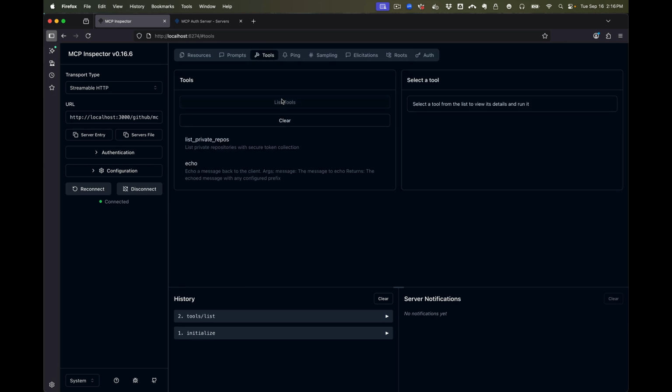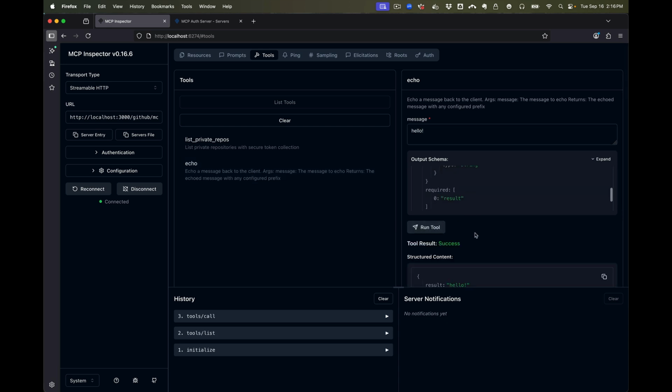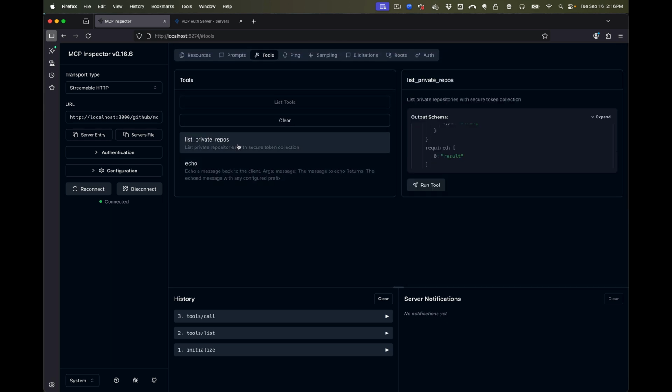If we look at the tools, we can see we have two tools, an echo tool. If I run it, we can see we get a response. But we also have a list private repos tool. Now in this MCP server, the idea is when the user connects, we'll be able to list their internal repos on GitHub. But GitHub needs its own tokens. Can't use the single sign-on token. So if we end up calling this